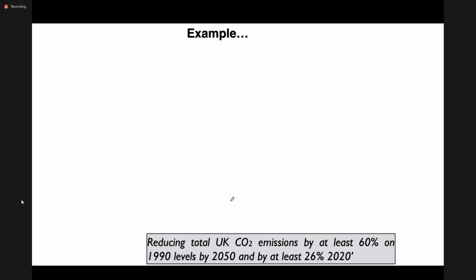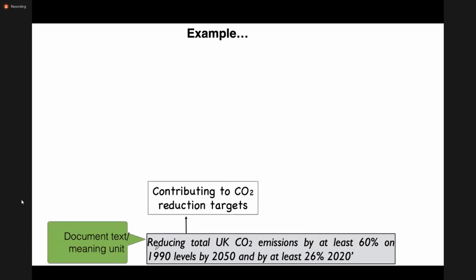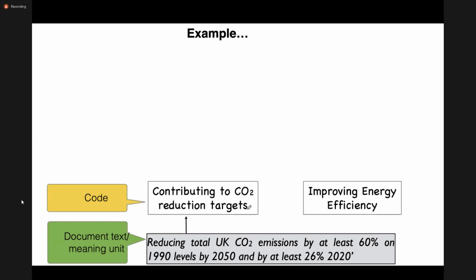So for example, you might end up with something like this. Say you're doing research about identifying the aims of sustainable construction. So you do a document review, you look at policy documents and the different aims that have been highlighted in these policy documents. And you can code them. Here it talks about contributing to carbon reduction targets. So that's my code. And likewise, I might be reading the rest of my document and identifying other codes that talk about different